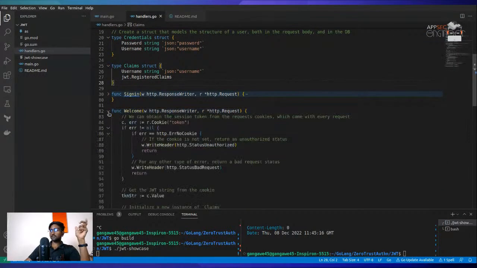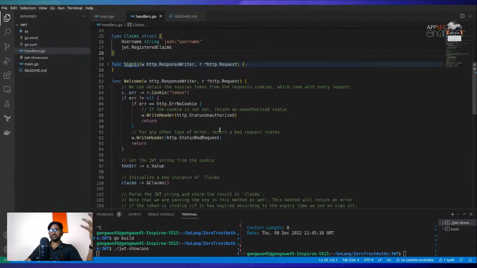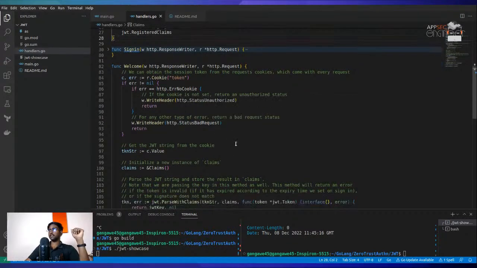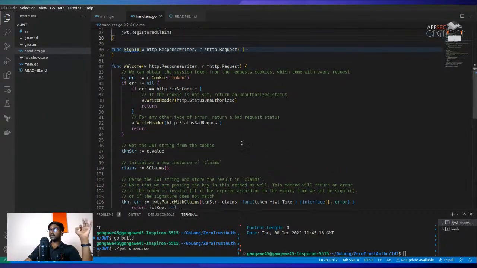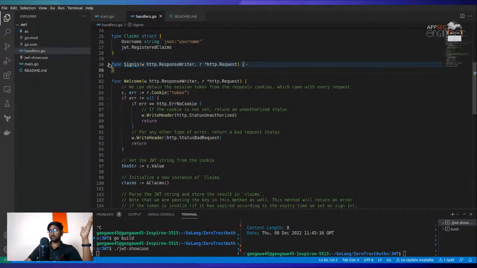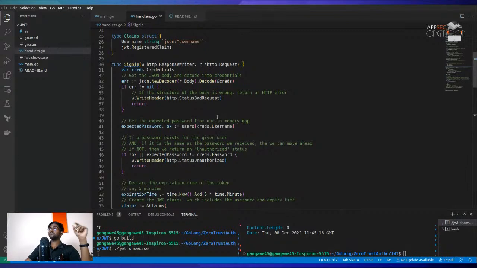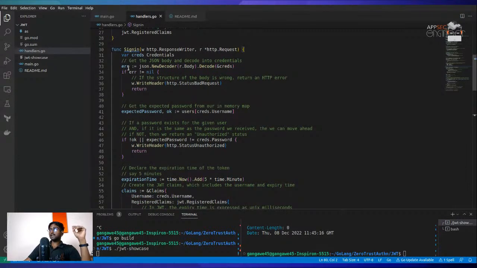Actually, let me show you the welcome function, because the sign-in function also contains authentication, which in our case is not really required to be verbose. So let's leave that out. So what we're going to do as soon as somebody signs in, let me just really quickly go through this as well. As you can see, as soon as somebody tries to sign in, what we're going to do is